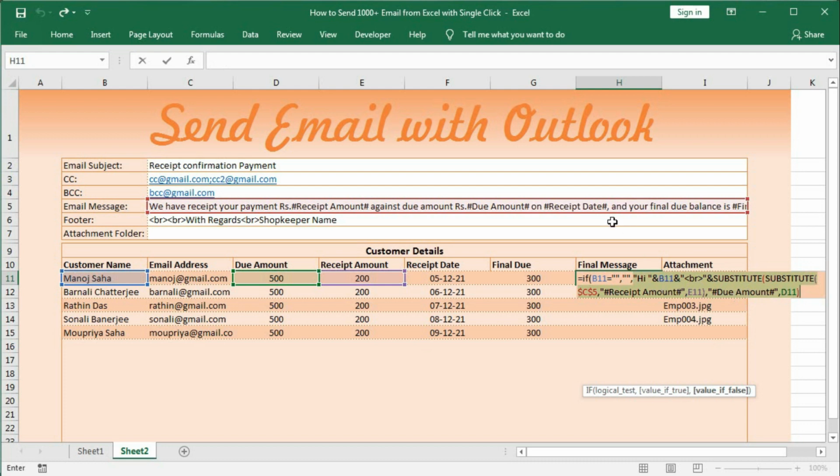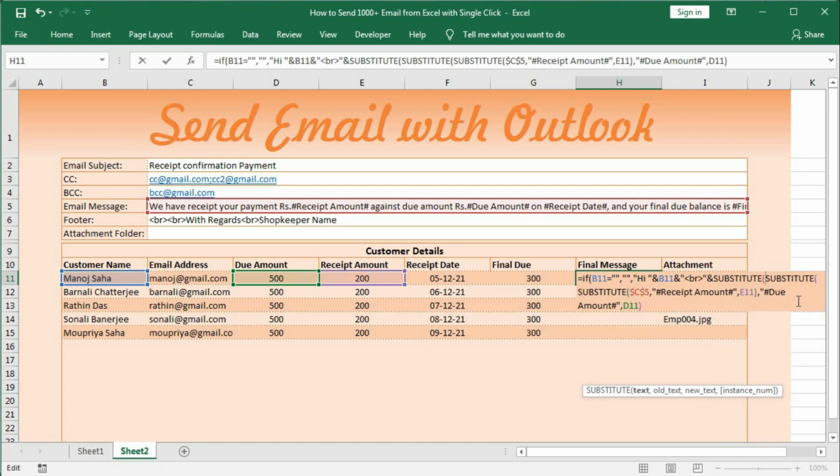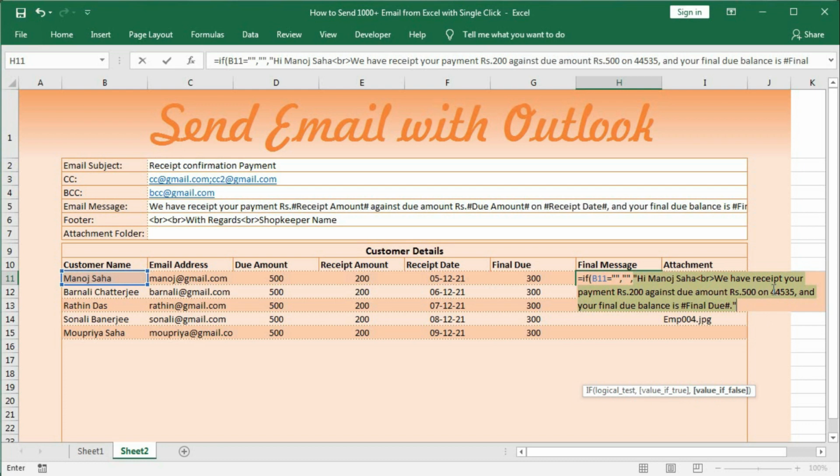Now we will replace the receipt date. So again we have to use substitute here. Substitute, go to end, comma, our old text is quotation hash receipt date hash quotation close, comma, this one, bracket close. Here you can see the date is not in date format, it is a date value.